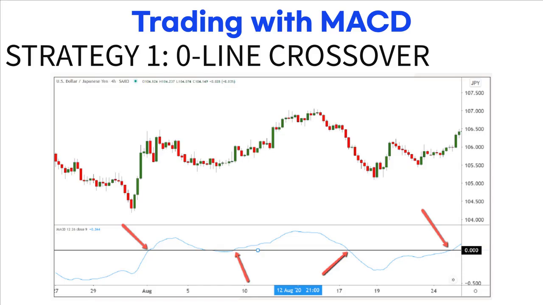You may choose to remove the histogram and signal line in order to have a clearer view of the MACD line, which can be done in the Settings tab. You can also add in a horizontal line so you can visualize the crossovers better. As you can see, there are a total of 4 crossovers which you could have possibly used as signals to